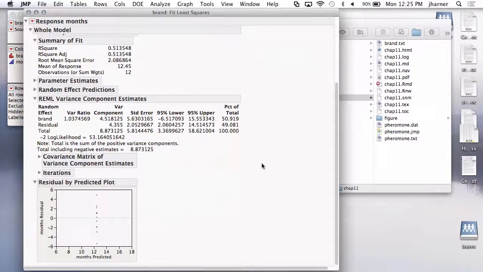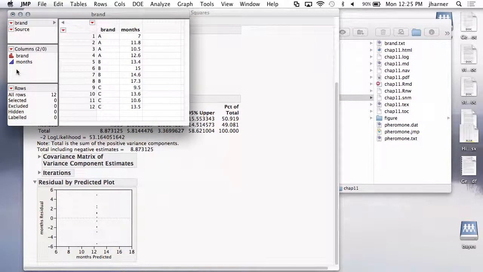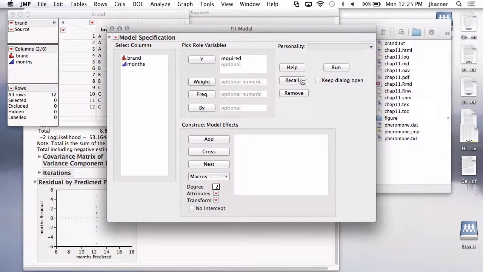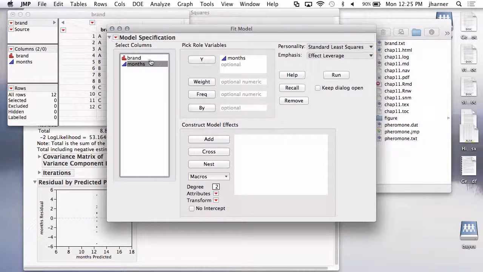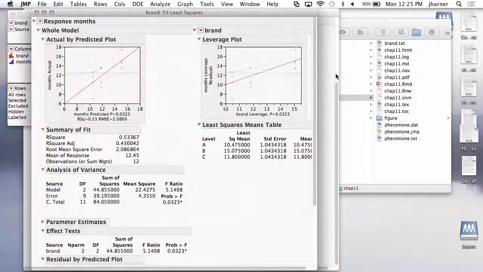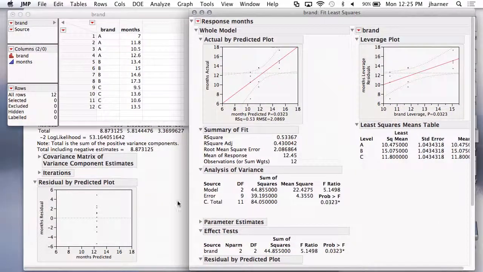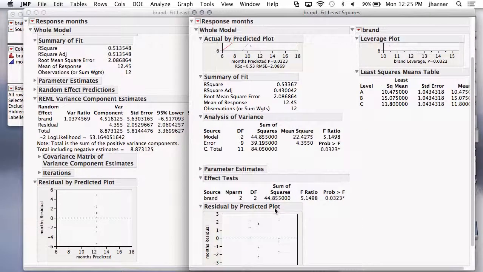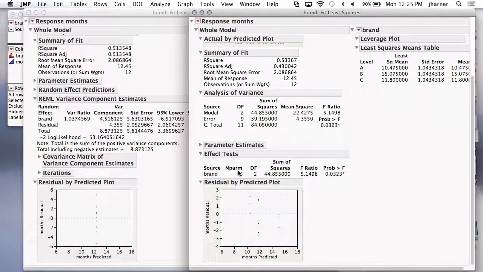And we could actually run these side by side just to see the difference. If I analyze with fit model and I specify brand to be fixed, so I don't specify it to be random, then you're going to see that in this case we have an analysis of variance table, we get our F-test, we estimate the effect test on brand,